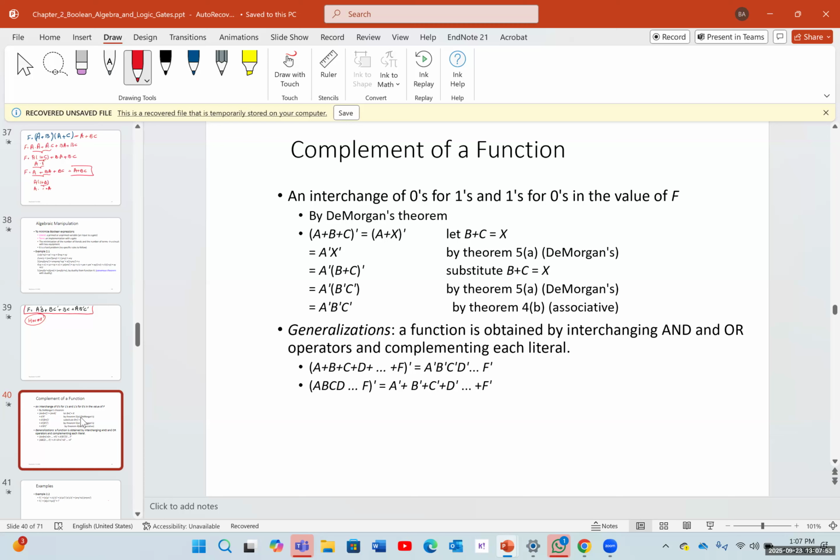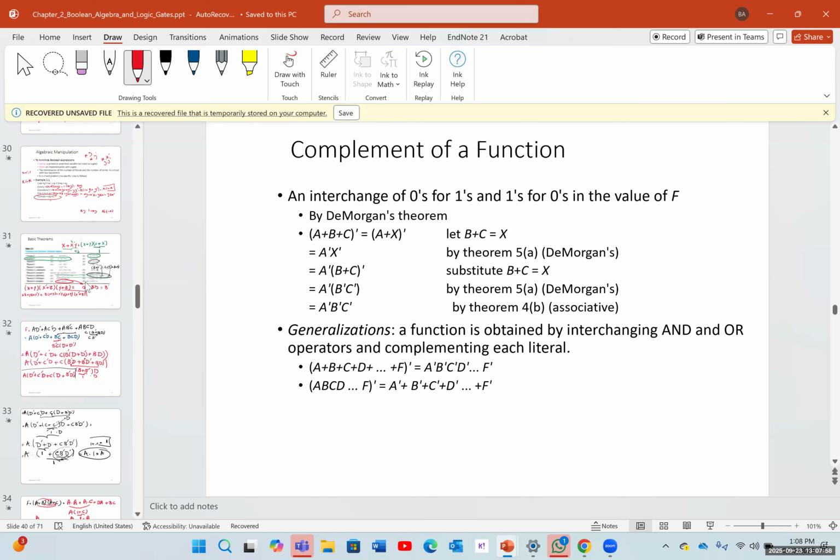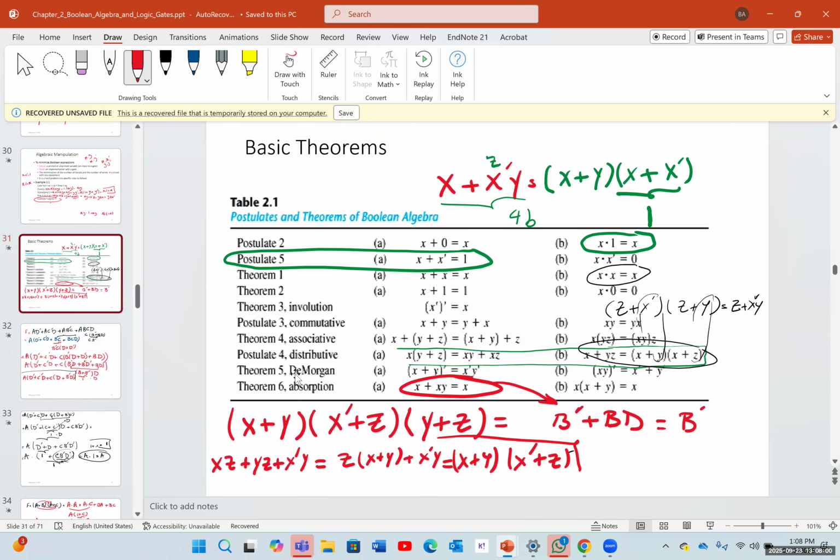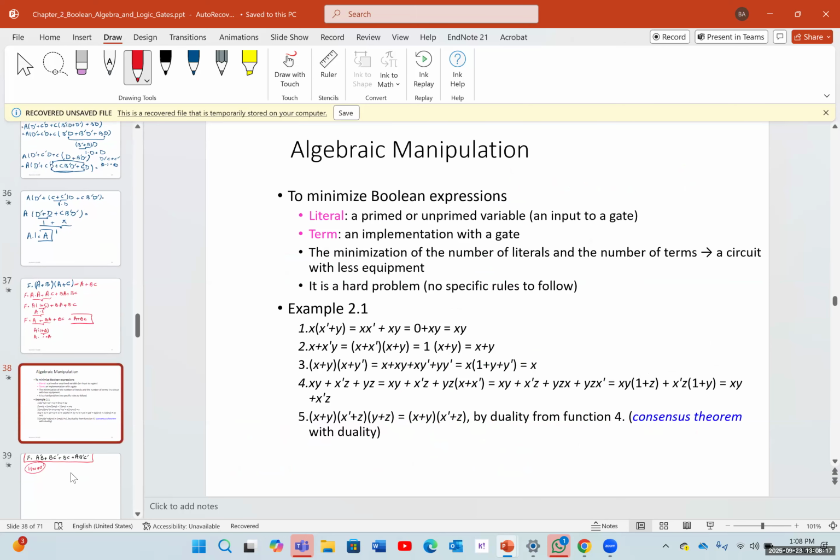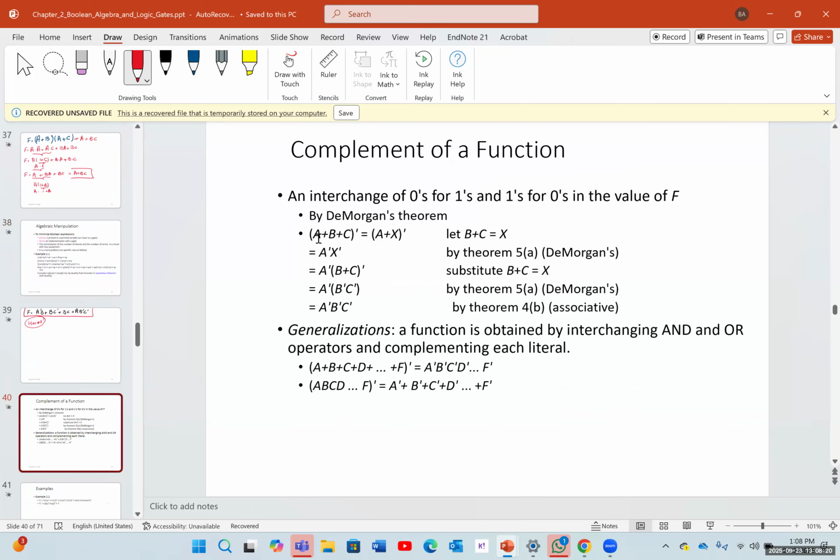We already learned about the complement of a function, which was done using De Morgan's theorem, theorem number 5. And what does De Morgan's theorem show? It shows that if we have, for example, (x plus y) prime, we can write it as x prime y prime. And we can also expand that as well. So for example, if we have (a plus b plus c), or a or b or c, all of that in parentheses prime,